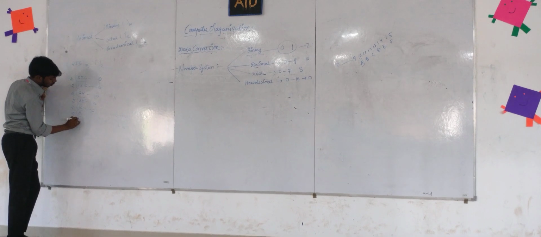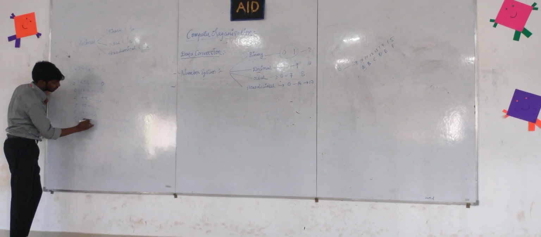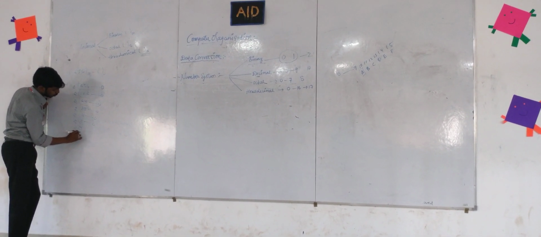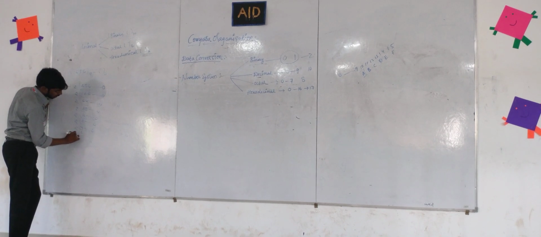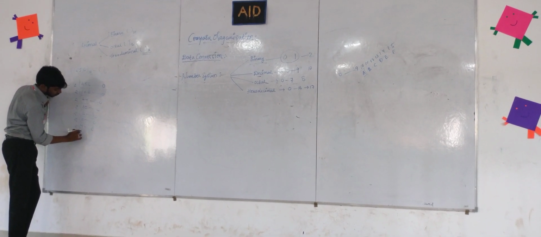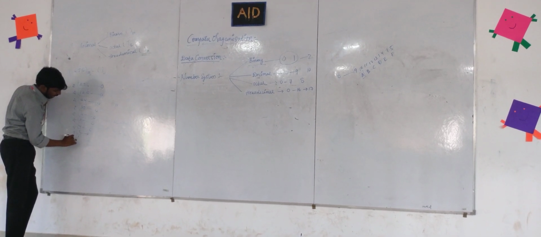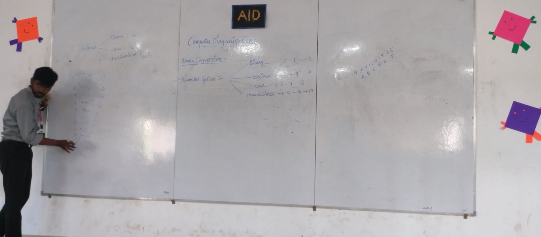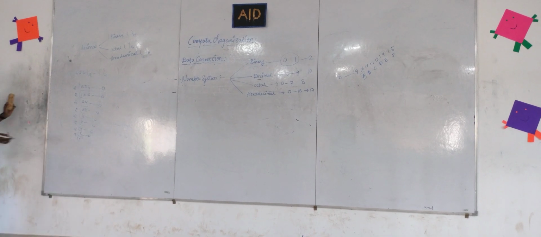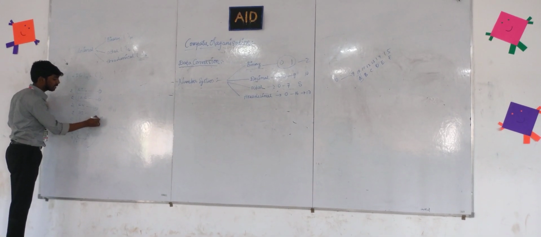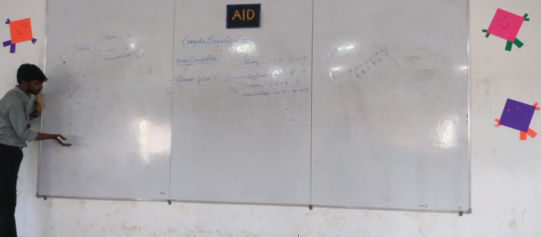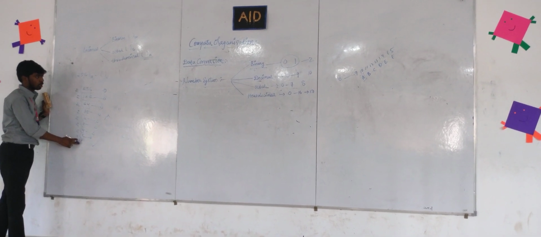Again 2, and the remainder will be 0. Again 2, and the remainder will be 0. Again we can have 2 on the 2, right? And the remainder will be 0. Fine. We got the division, and here you need to write the binary number from the lowest degree to the starting degree, like